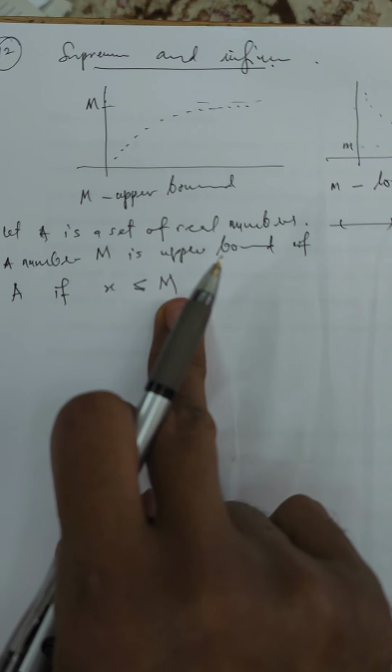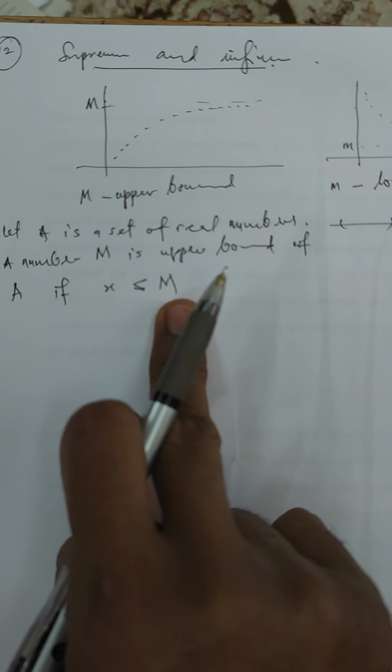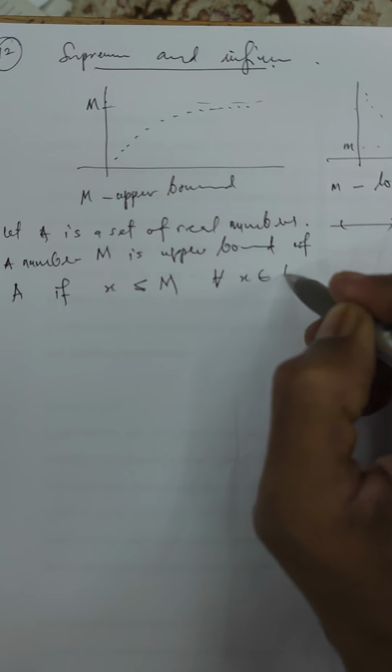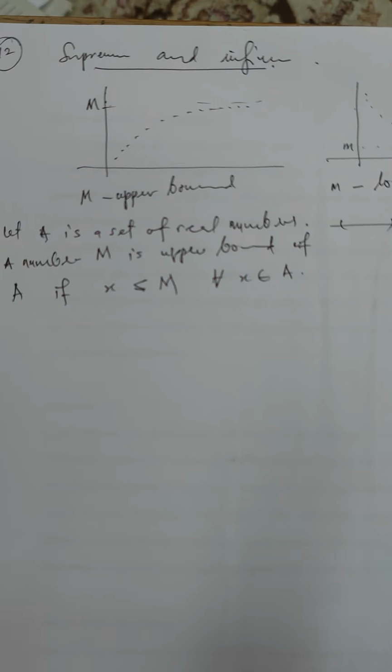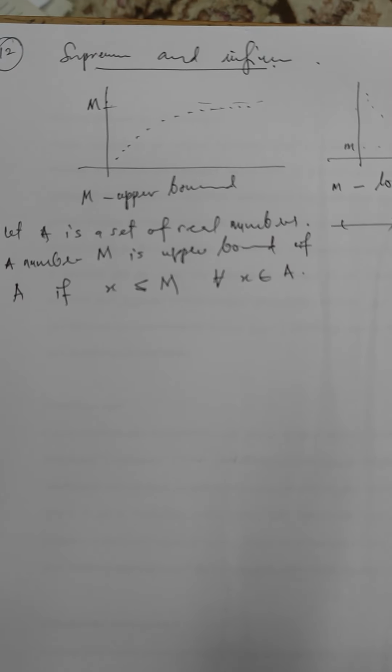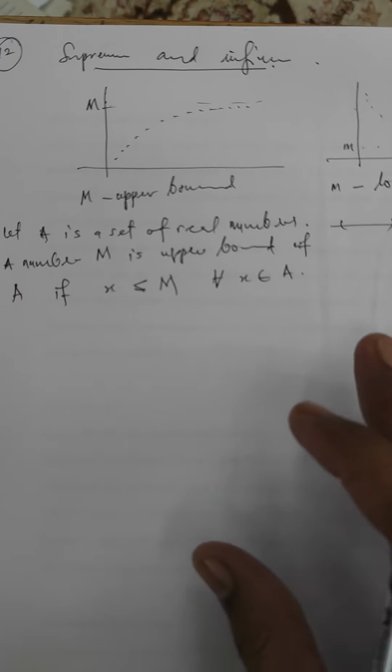So in this case we say m is an upper bound for all x in A. I'll give you an example in a minute. And then